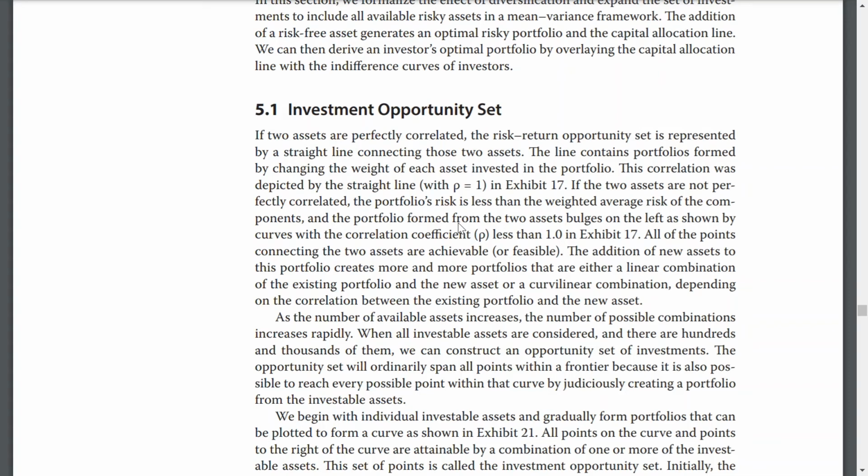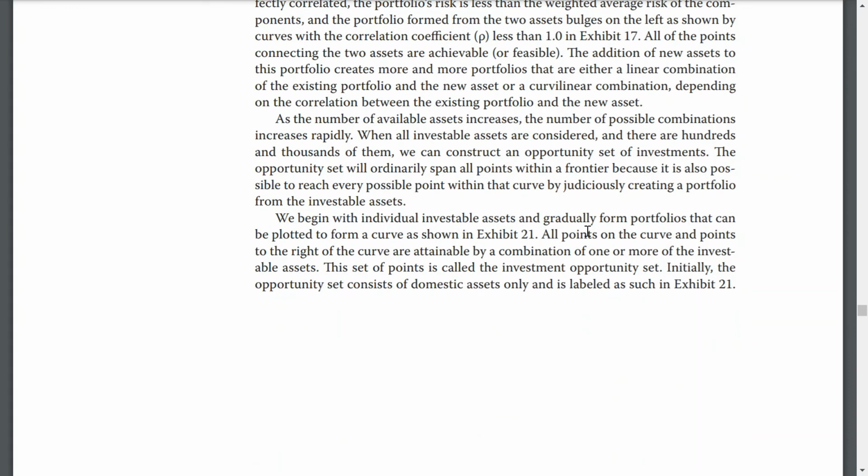As the number of available assets increases, the number of possible combinations increases rapidly. When all investable assets are considered, and there are hundreds and thousands of them, we can construct an opportunity set of investments. The opportunity set will ordinarily span all points within a frontier because it is also possible to reach every possible point within the curve by